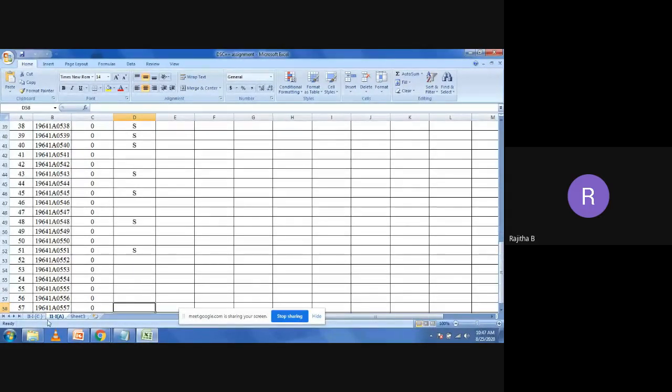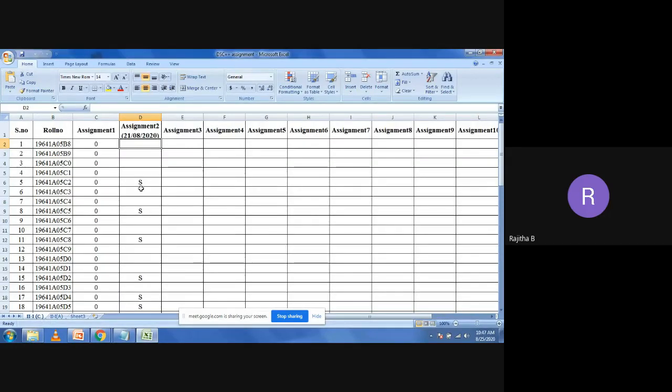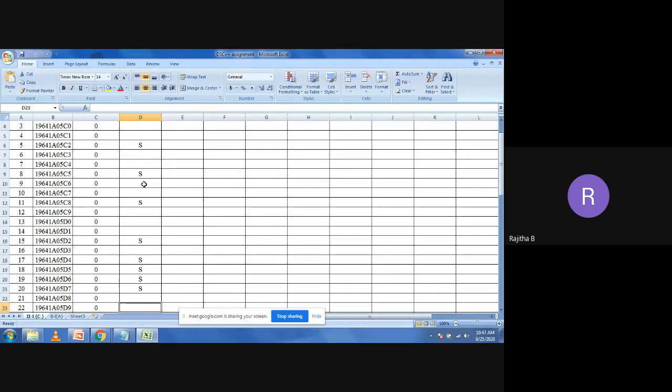So be careful. This is the A section, and this is the C section. C2 and C5 submitted the assignment in time, that is before 5 p.m. But some people submitted after 5 p.m., that is G5 and G6. So when you are submitting the assignment, be careful with the time also. In time, you need to submit the assignment. Tomorrow 7 a.m., before tomorrow 7 a.m., you need to submit today's assignment.